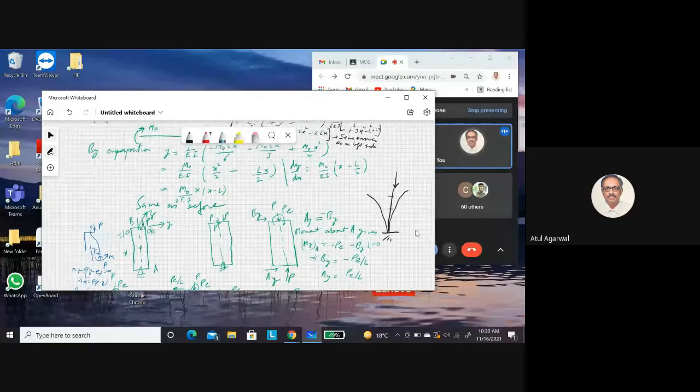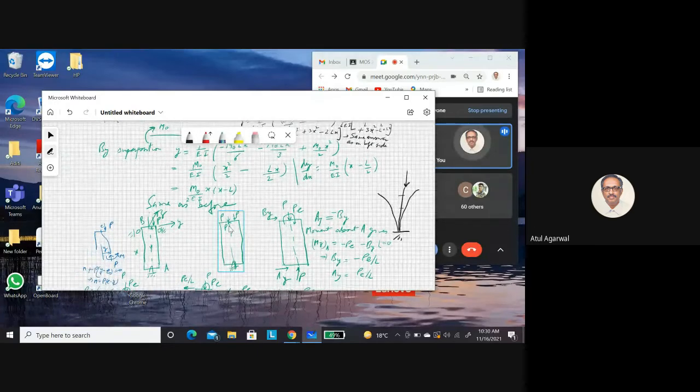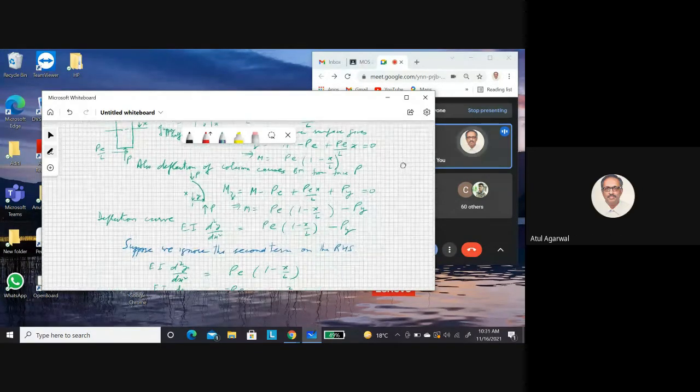Okay, good question. You see, this force was not axial. This force P was offset. Yes, sir. It was eccentric. Had the force been exactly in the middle, then there would not have been any bending moment from this force. Since it is not axial, it is slightly shifted. You can replace this shifted force by a vertical force at the middle plus a moment. Okay, sir. Okay. So first we use the moment.